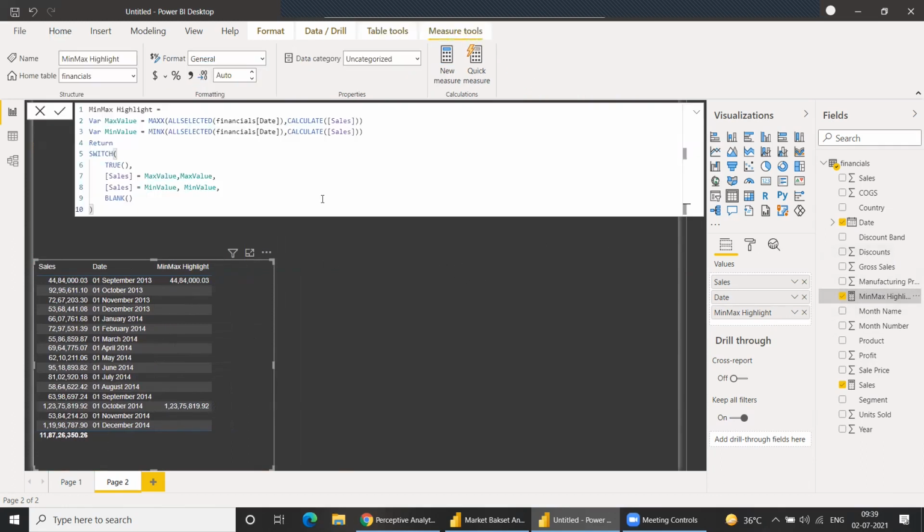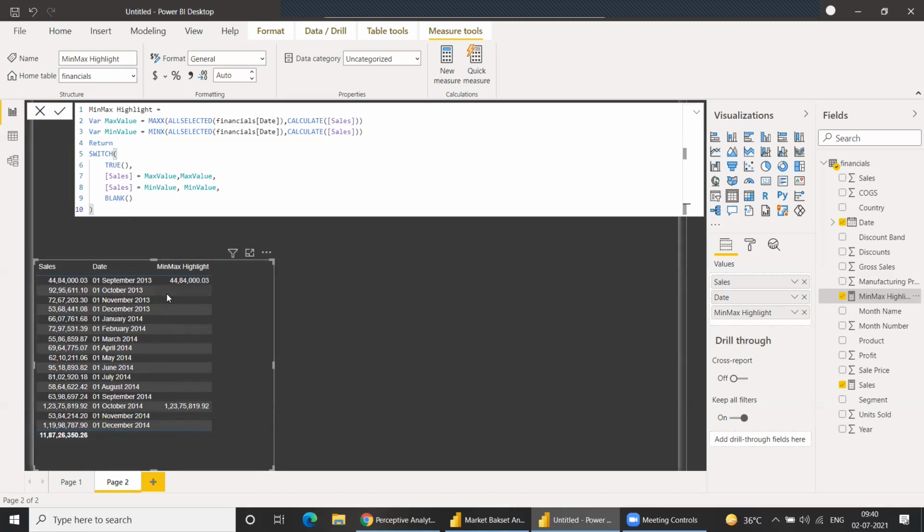Yeah. So what this is, if my sales equal to max value. So for each record, what the measure does is, based on the visualization, it filters itself. Right now, our measure is filtered based on the date. So what we are saying is that if this value is equal to my minimum value, we have already calculated a minimum value, and if they are equal, then show it. Similarly for max value, if my sales measure is equal to my max value, then show the value.